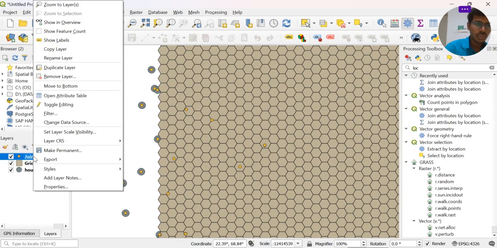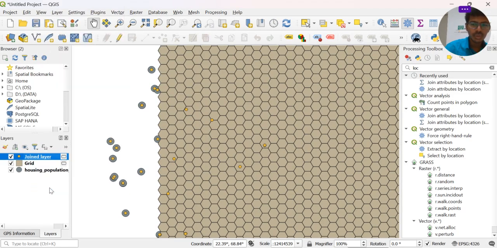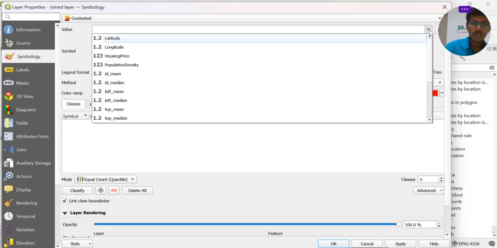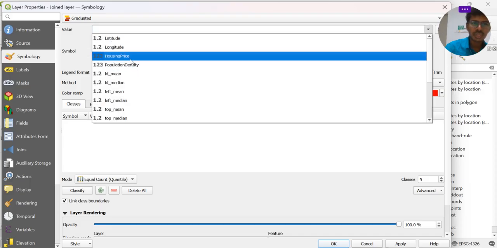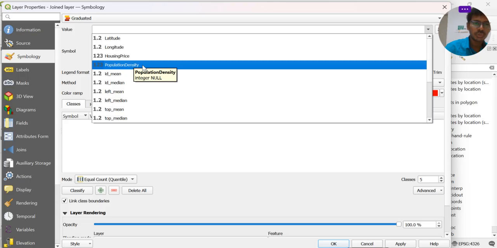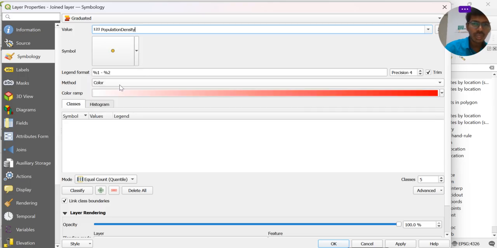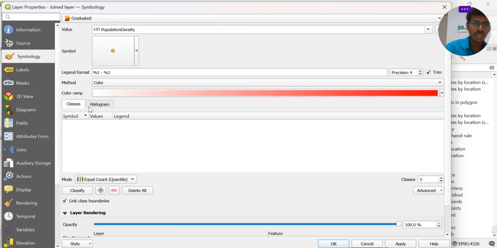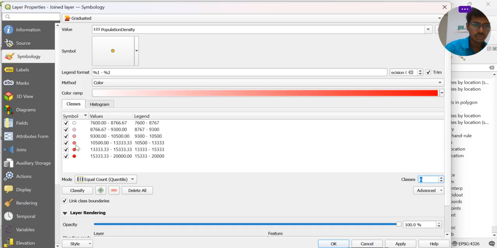So now what we have to do again? So choose the joined layer, go to the property. So inside the property what we have to do? Here we have a single symbol, so we want to graduate it, and based on the value called population density or housing price, whichever you want you can choose. So here I choose population density here, and color, if you want any color you can give your color based on ramp, all color ramp value. So I defined from green to red, and now I have to classify the value into 6. So I classified into 6. If you want more